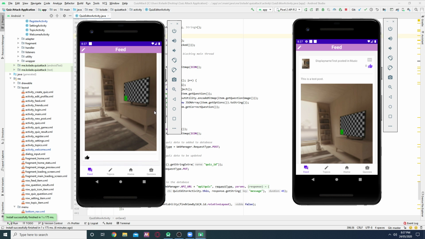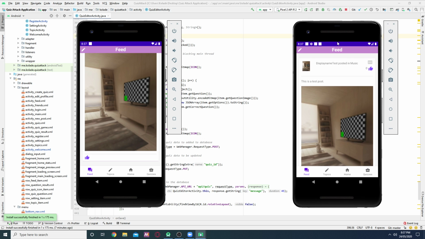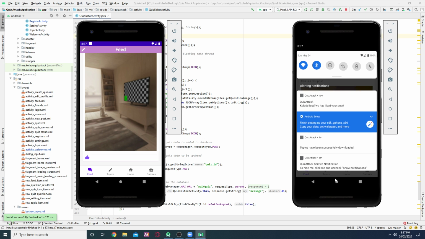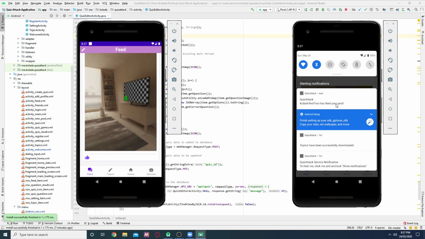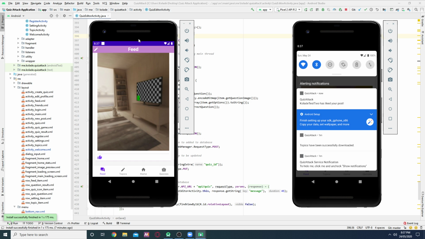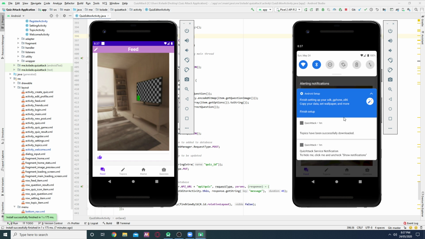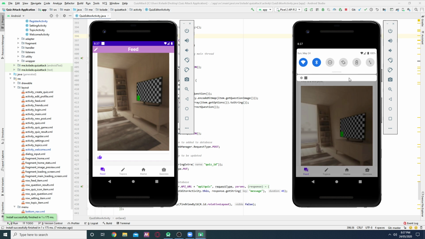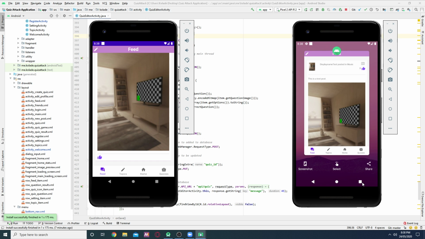If I scroll down and hit the like button, you see a notification up there has appeared. If I scroll down, you see that Collade Test 2 has liked your post, and that is the account that is logged in on this emulator right here. So if I clear notifications again, and if I actually close this app,